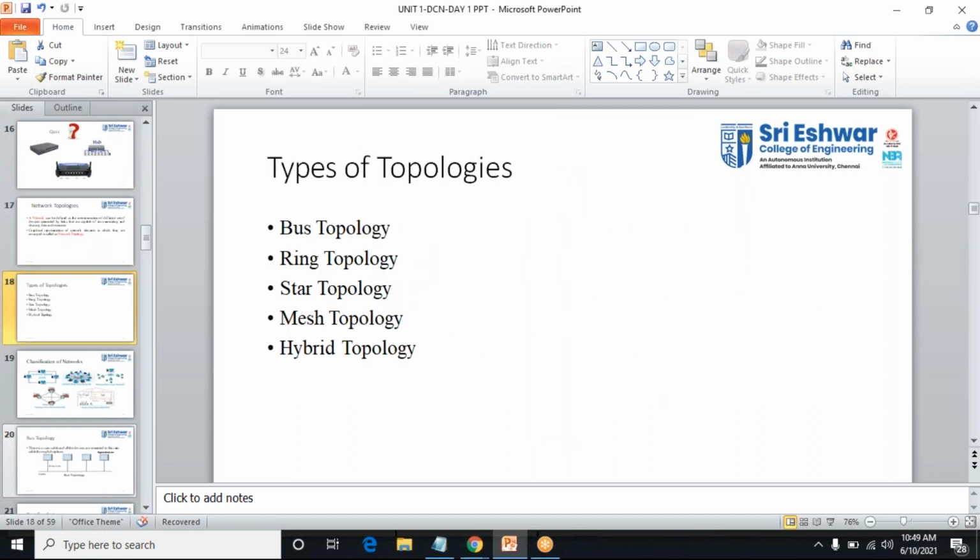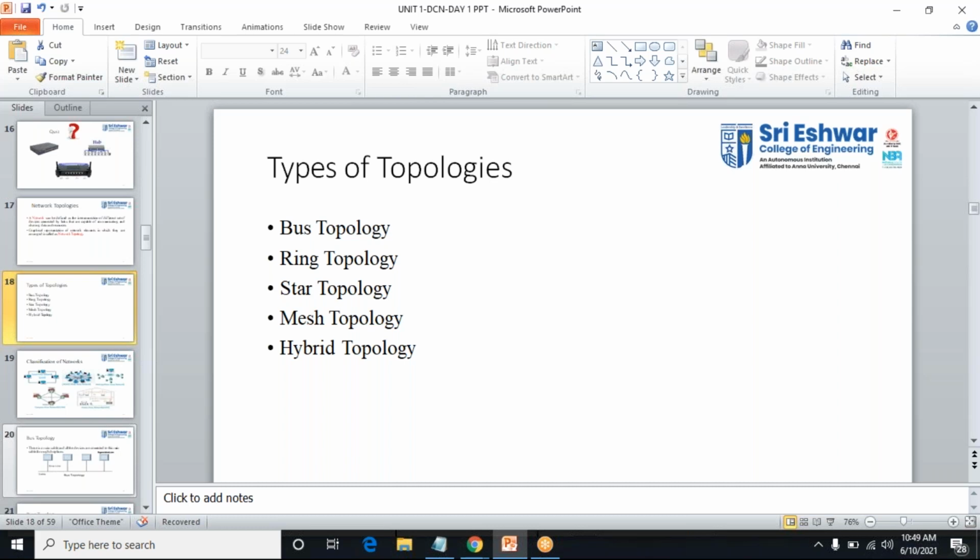And coming to topology, you know it, right? What are the types of topologies? What are the 5 main types of topologies? What are the 5 types we have learned yesterday? You can type in the chat box also. There are 5 types of topologies, right? Can anyone name those types? Yes, very good, Priyadharshini, Srija. So we have 5 types: bus, ring, star, mesh, and hybrid topologies.